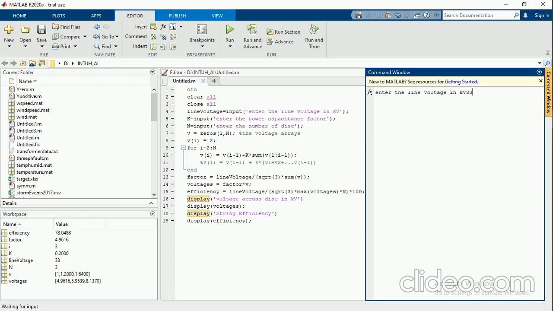So I'm giving 33 kV, 0.11, and number of discs as 3.